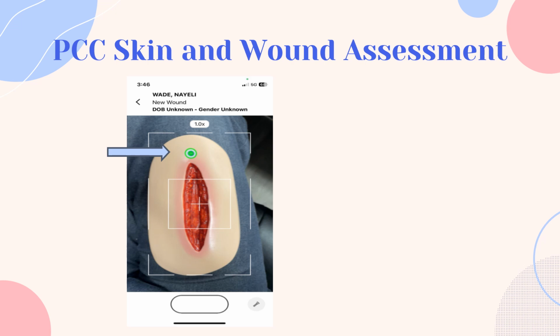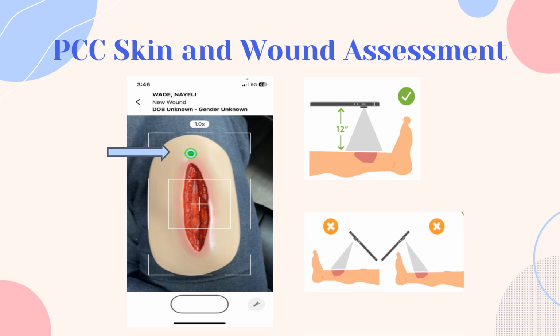Place the helix sticker in alignment with the wound so the camera can identify it. Hold the phone 12 inches above the wound, ensuring the helix sticker is highlighted in green. If the picture appears too dark or grainy, turn on the flashlight by tapping on the icon. Capture the picture by either tapping on the button on the screen or holding your finger on the screen for 3 seconds.